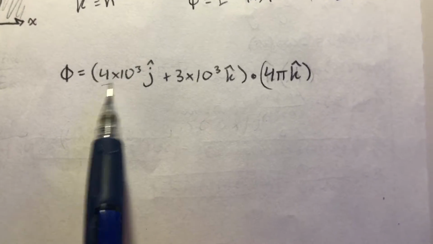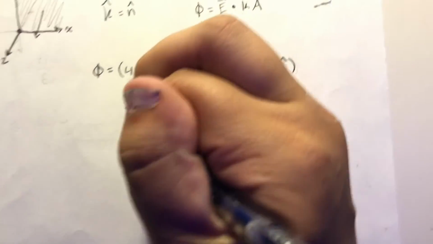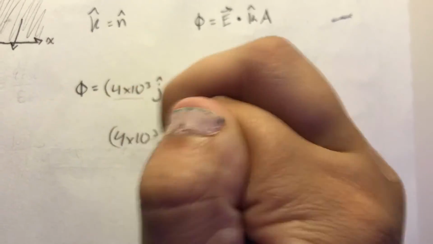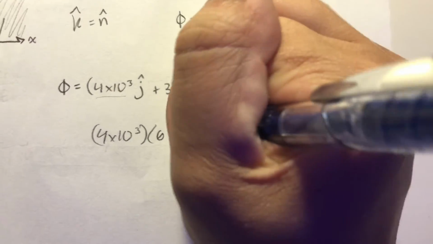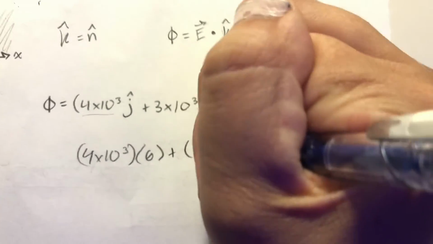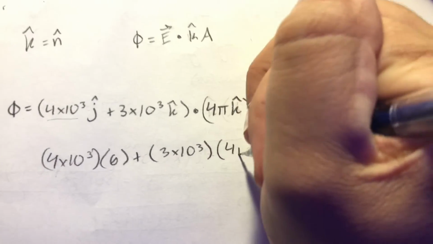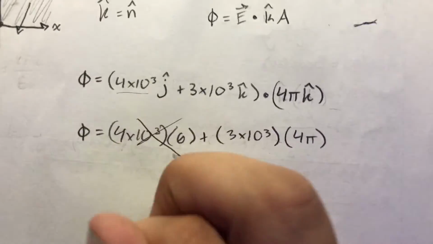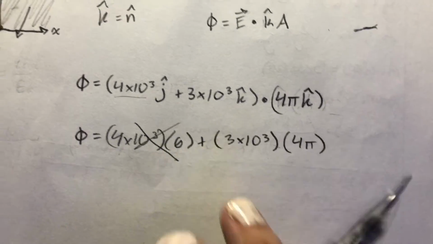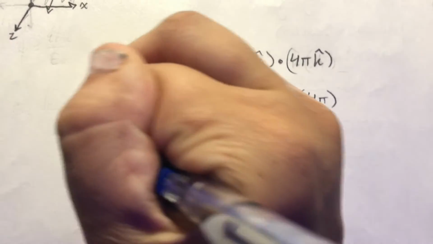We have this j value, and we have 0j over here, so it's going to be 4 times 10 to the third times 0, plus our k component here, 3 times 10 to the third, times our k component here, and since it's all k component, it's just going to be 4 pi. And obviously we had 0 in the i direction for both of them, and that's equal to our flux. Anything times 0 is just going to go to 0, and when we multiply this out, that's going to give us our final answer, which is our flux equals